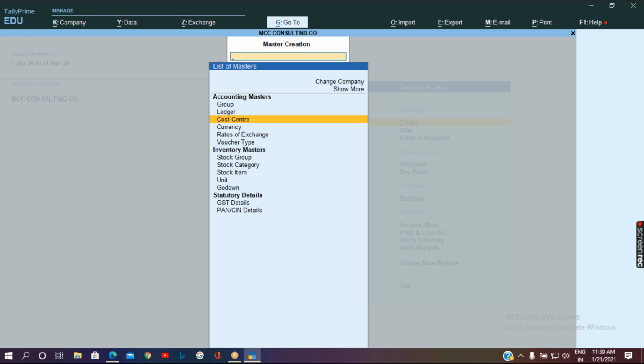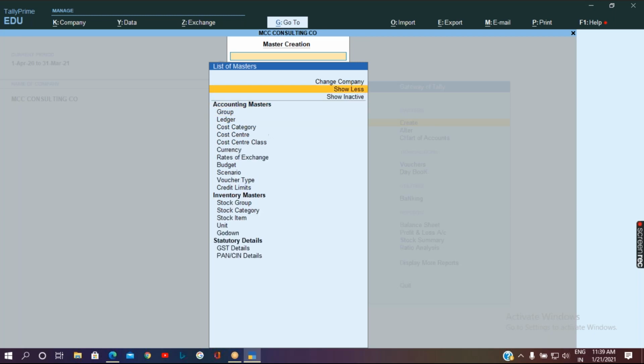But in case I want to go with layer by layer information, that is, in the sales department, how much cost is happening, how much income I am able to gain through salesperson 1 and salesperson 2, if I want to specify in detail, in such a scenario we can use one more feature related to cost center. By going to the option show more, you will get a new option called cost category.